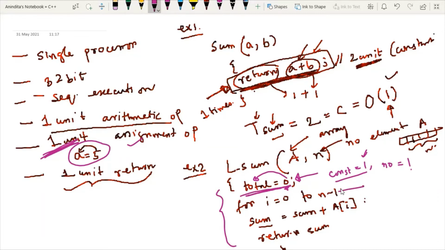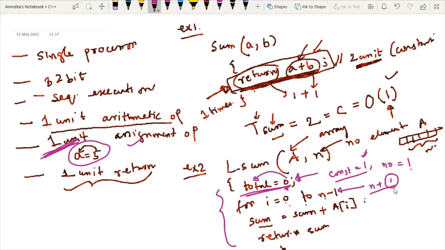Now consider the second instruction, which is a loop. How many times will it take? It will take n plus 1 times. Why n plus 1 times? Try to understand. This loop will iterate from 0 to n minus 1, and one time will be extra, which is needed for the false condition when the loop will break, because at the last step the condition given for this loop will not be satisfied, and your loop will break. So it will take n plus 1 times.